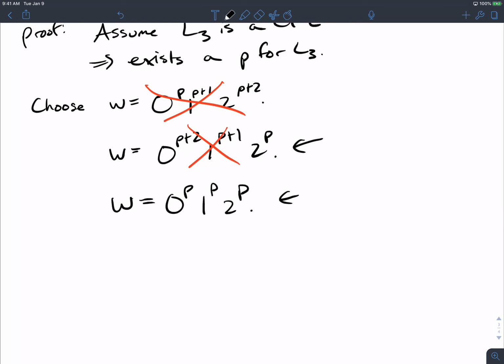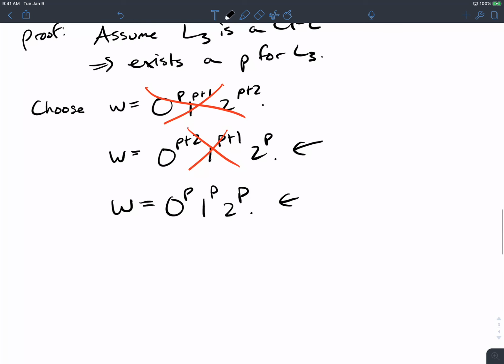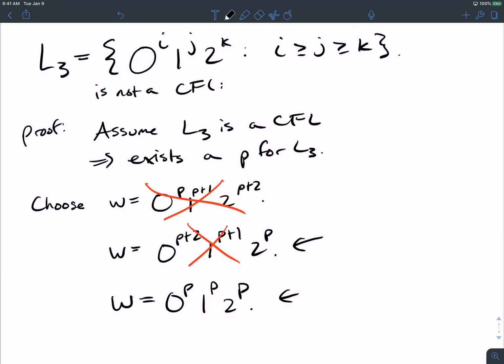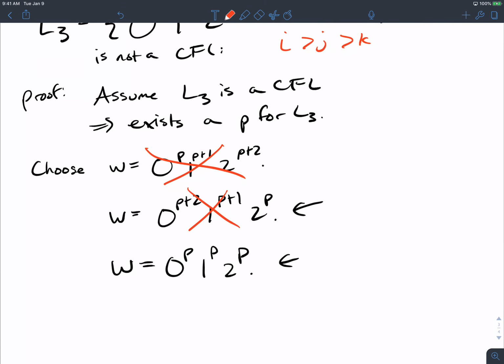It doesn't guarantee it'll work, but let's actually try it. Can you only pick that because it's greater than or equal to? Yeah, if it's greater than or equal to. If I instead said I strictly bigger than J, strictly bigger than K, then the example given would be the correct one because it's on the borderline in that case. So different strings for different scenarios, as long as you pick one right on the borderline for the one that you're given. Okay, so let's actually do this one.